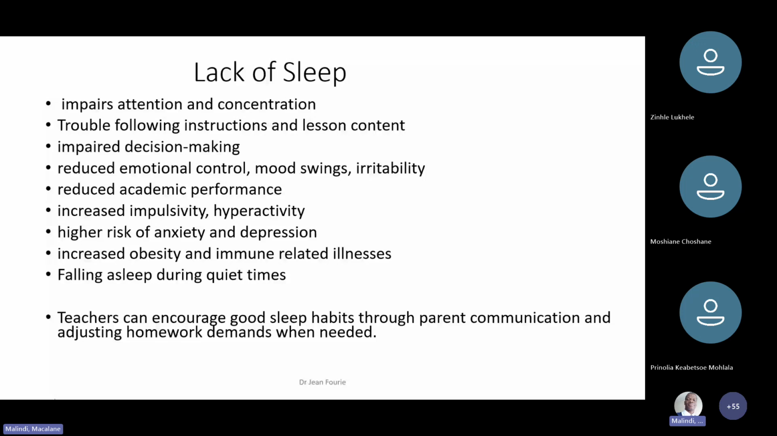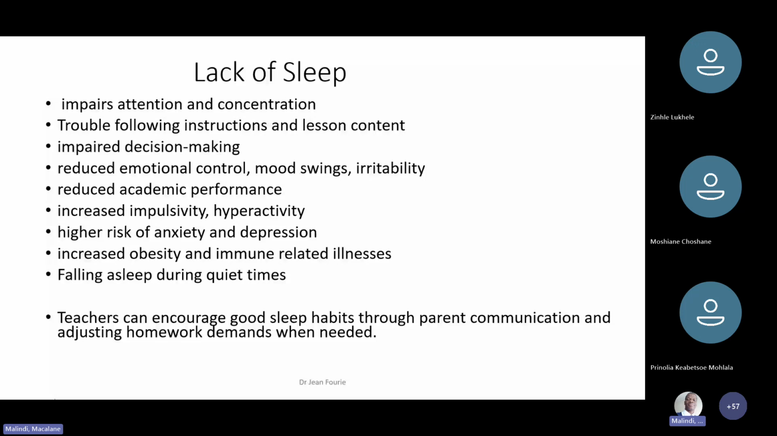A lot of research has looked at what happens when there is inadequate sleep, and these are some of the consequences of not having proper sleep at night, or interrupted sleep, sleep that is not of good quality. We know that attention and concentration are impaired. Children will have trouble following instructions that are given in the class, and they will have trouble learning the content of lessons. A lack of sleep impairs decision-making skills, reduces emotional control, and this may lead to mood swings and irritability. And all of this tends to result in reduced academic performance, particularly if the poor sleep happens over an